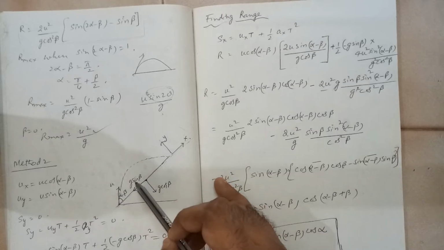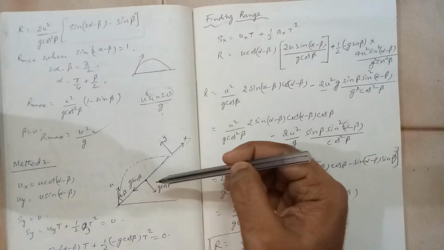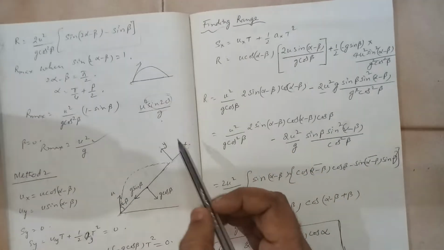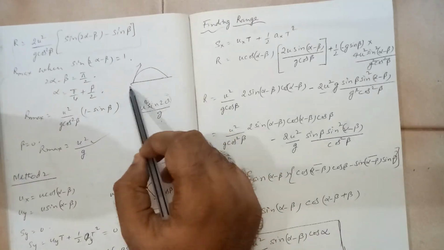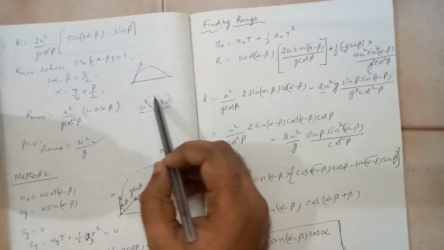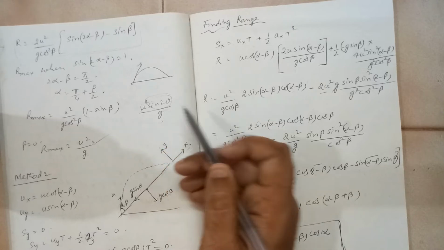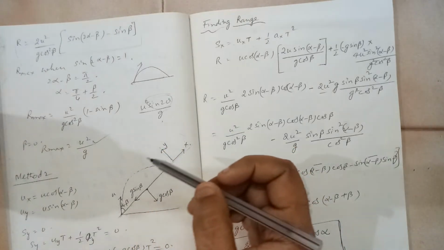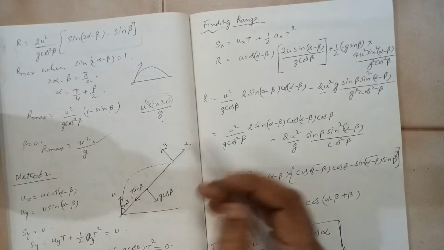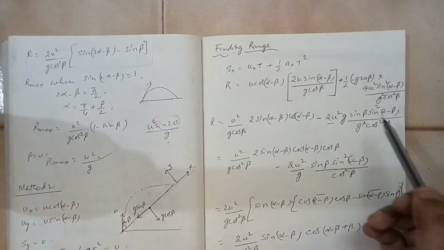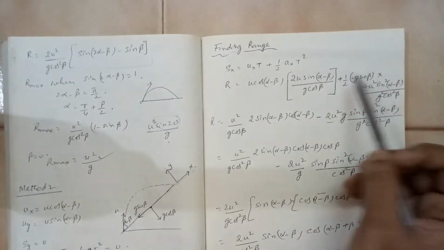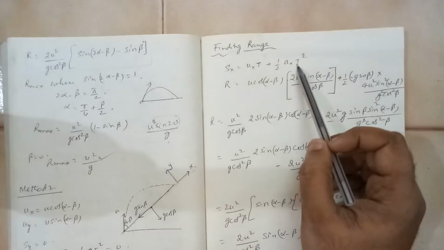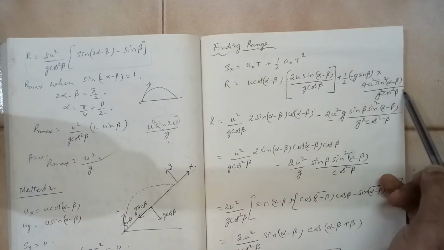It has been flung like this. So in this case, the horizontal acceleration is g sin beta. When it is with the horizontal, the regular case, the normal case, the horizontal acceleration is 0. Here horizontal acceleration is not 0 because it is in this direction, right? Alright. So you need to put the value over here. It is t square. So write that term.